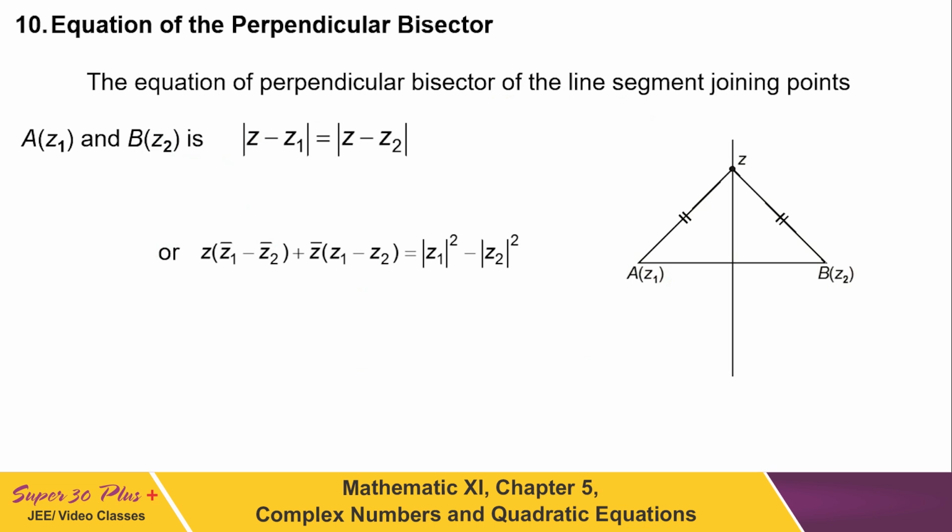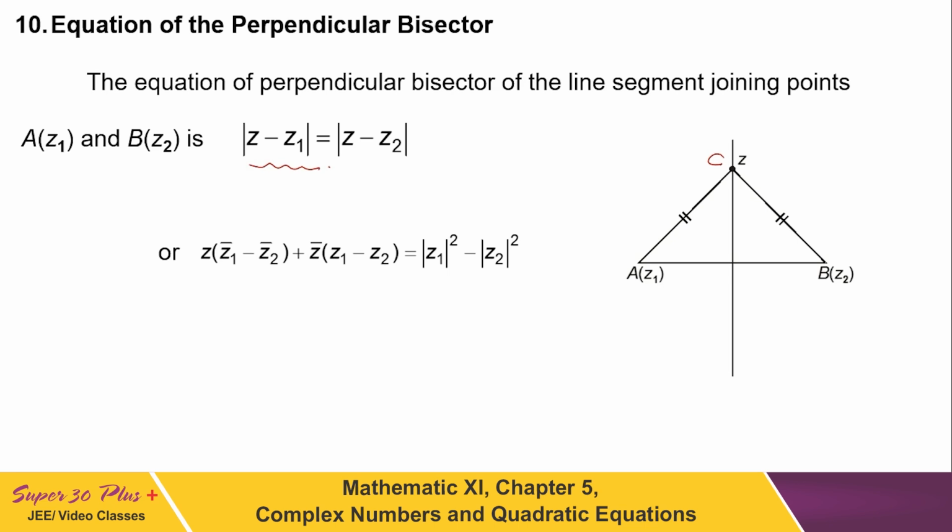That's why the equation of the line which is the perpendicular bisector of the line segment AB is the relation which contains Z. You can write mod of Z minus Z1 is equal to mod of Z minus Z2, because distance AC is equal to BC, and this is the equation of a perpendicular bisector line. Now we are going to simplify it. Then we can find that (Z1 bar minus Z2 bar) Z plus Z bar (Z1 minus Z2) is equal to